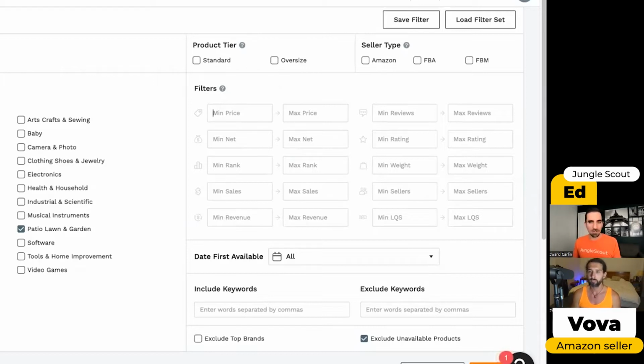Today, I'm going to be ambitious. I'm just going to put in 50 as my minimum, and we'll see what happens. And then if you have more experience doing product research because you're coming to Jungle Scout, but you've already